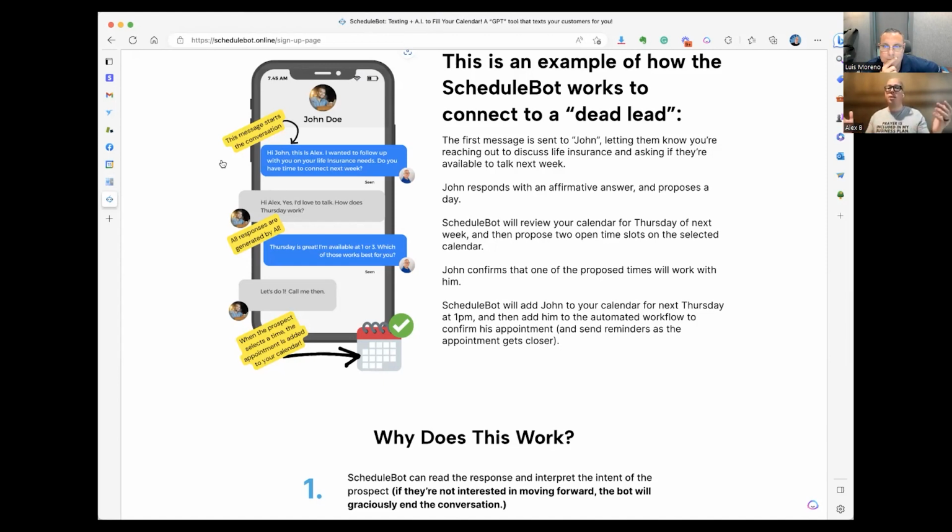So that is ScheduleBot. This is the new thing, man, that is going out there. And I have good news for you, Lewis. There is no agent that will be replaced by AI. But I also have bad news. You, as an agent, will be replaced by another agent that's using AI, because now, you know, Lewis, you talked